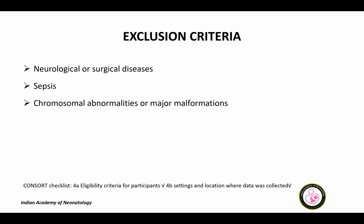pre-specified primary and secondary outcomes were very well defined as per the checklist. So what is the criteria for the interruption of enteral feeding? They had minor and major criteria. So in minor criteria, it involved abdominal distension, visible bowel loops, abdominal distension responsive to gastric distension or rectal stimulation,